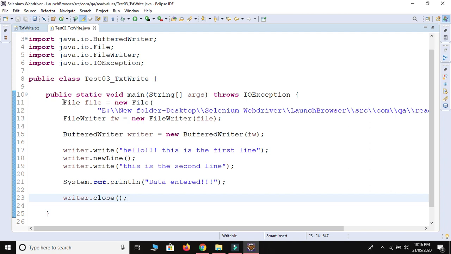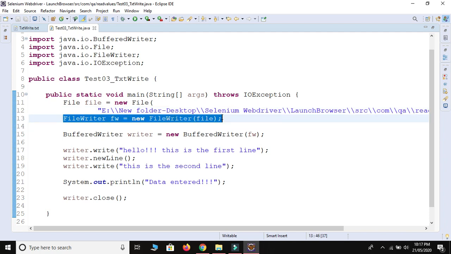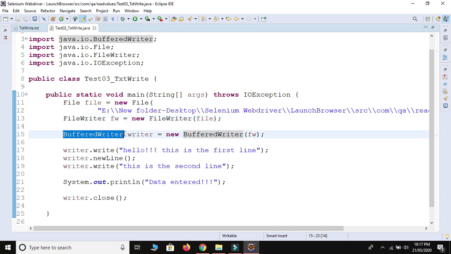So it will first of all find this file, then by using FileWriter we set some definition of how to write. To write something we need to use the BufferedWriter class.